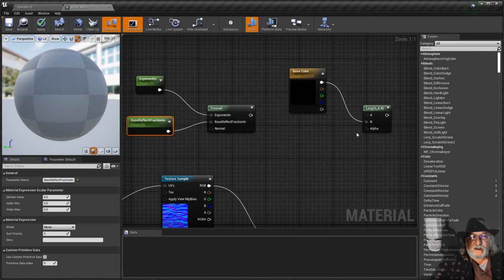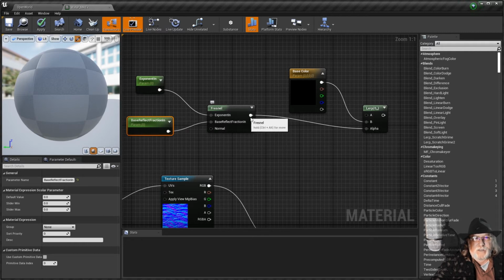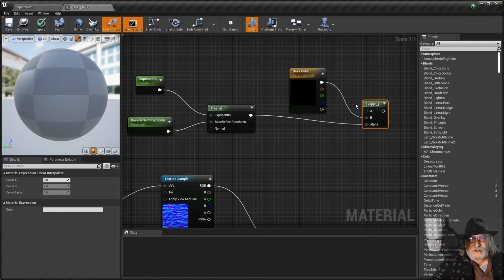And the reason I'm putting it into B is because when this is 0, I'm going to put this into the alpha from the Fresnel. When this is 0, it means use A, all of A, and none of B. When it's 1, it means use none of A and all of B. So what this is basically saying is, make this black when the Fresnel angle is very steep, or make it dark. Make it dark when the angle is very direct on, and make it nothing when it's at